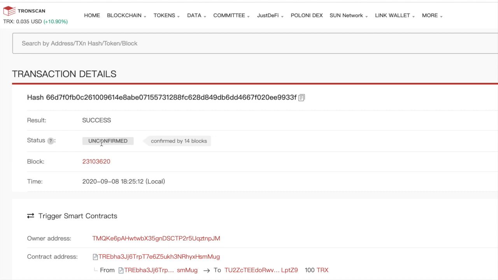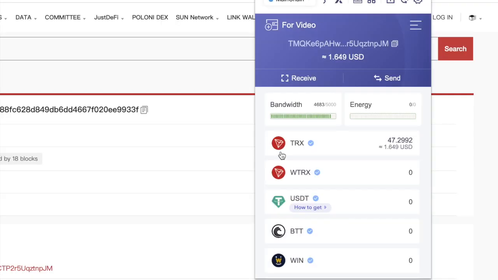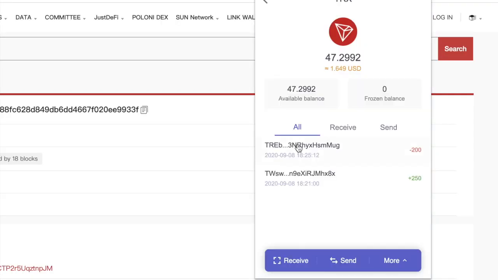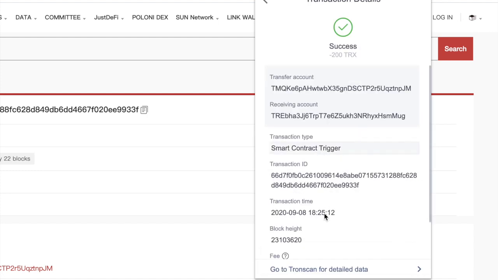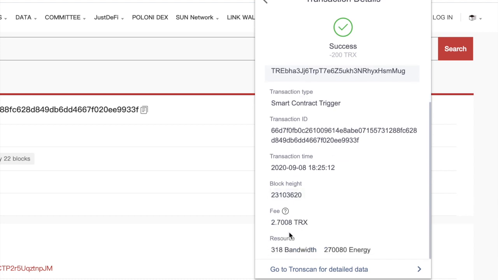So let's click that. As you can see at the moment, it says unconfirmed. We need this to go green. Okay, it's completed 14 blocks. It's normally about 20 blocks on the blockchain. So while we're waiting for that, we come up to the Tron wallet, and if I click on here, as you can see, I deposited 250 to cover the fees, but actually the fees, look at what that is. It's the fees